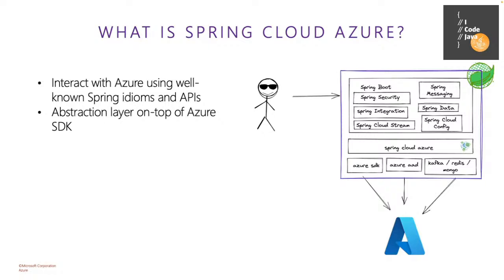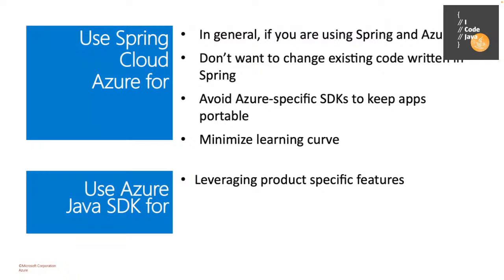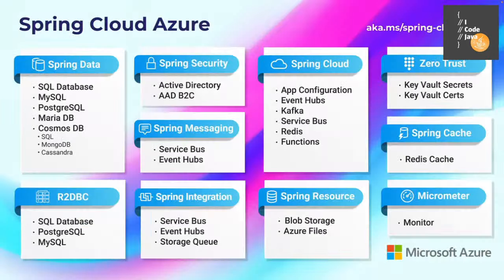So it allows you to create an abstraction layer on top of the Azure SDK, and the demo we're going to show you is going to do that. You still need the Azure SDK. If you want to do funny things like Bitcoin mine on our servers, don't. We've worked it out. You can't make money off it, I've tried. And you get a minimal learning curve, which I'm going to show you here.